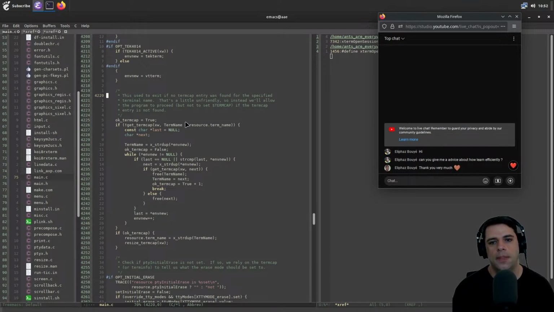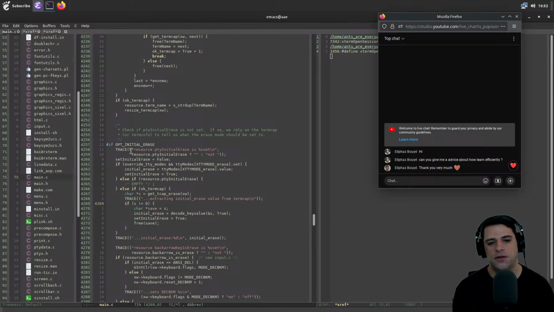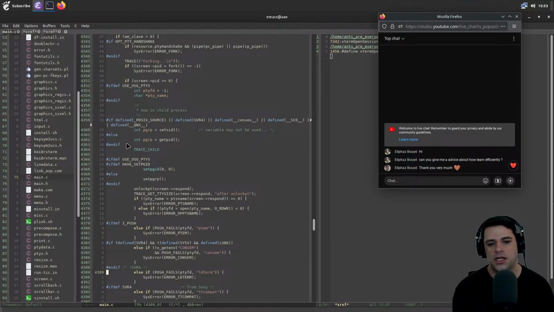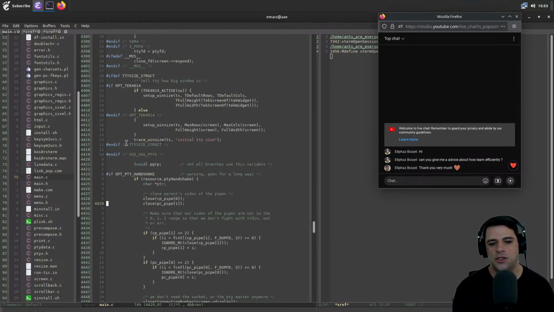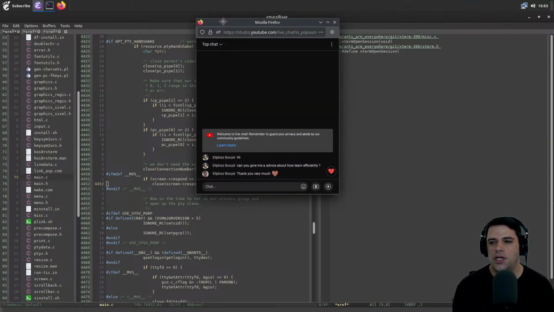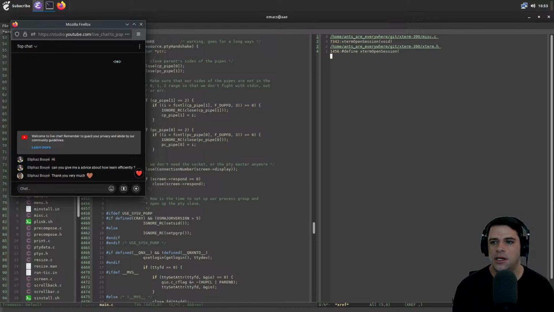Okay. This is more term cap stuff. This code is pretty hard to follow with all of the different branching, the ifdefs and stuff like that. Set initial arrays false. So we're setting some stuff up. It's not clear exactly what's being set up and under what conditions, but we're getting to the level of system calls and stuff. I'm going to take a look at the